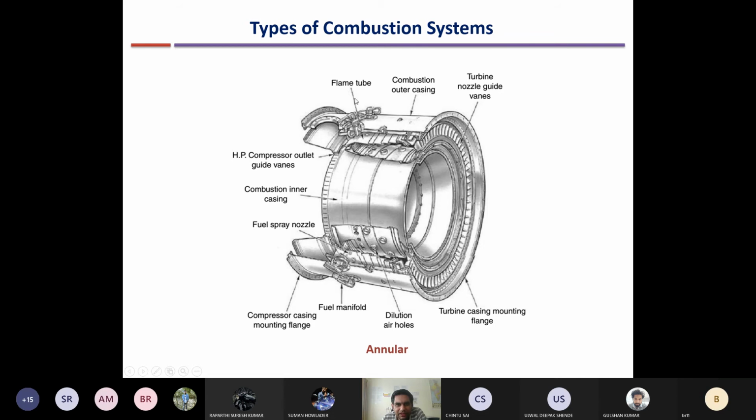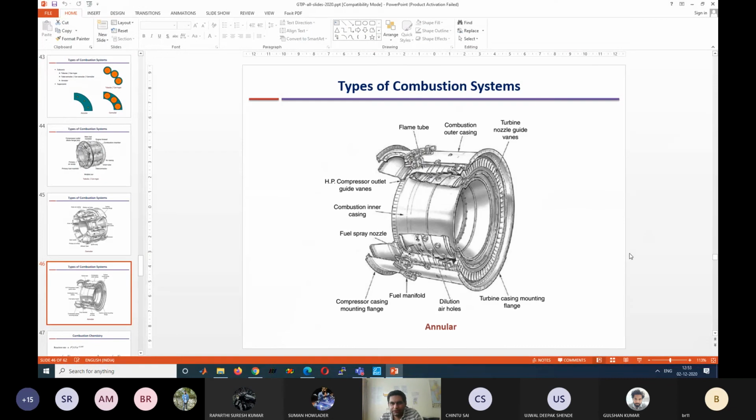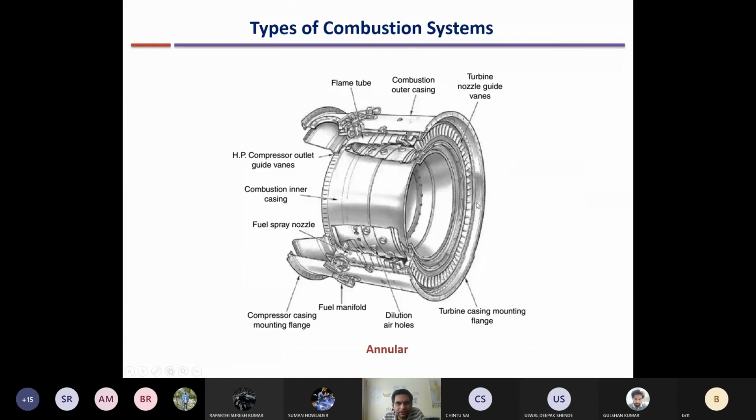Here you don't even have separate liners. You have the inner and outer casing, and then annular liners also. You can see two liners here, inside and outside, and the entire combustion occurs between them. Multiple injection points are there, so that combustion occurs smoothly around the periphery. So what is the time? Some time is there. Let us continue.